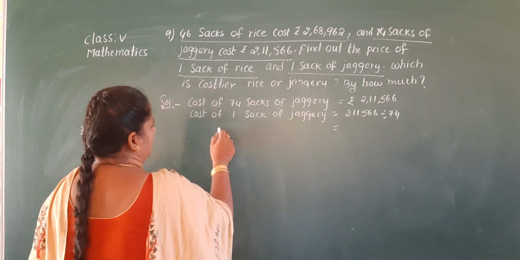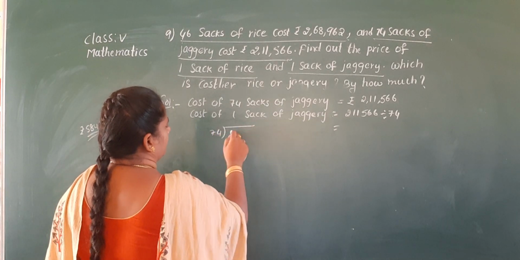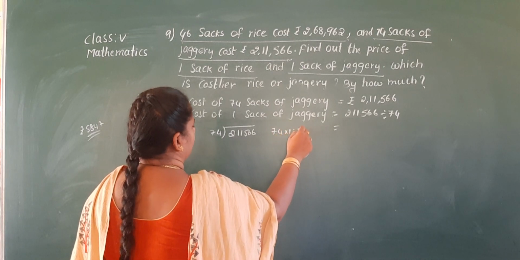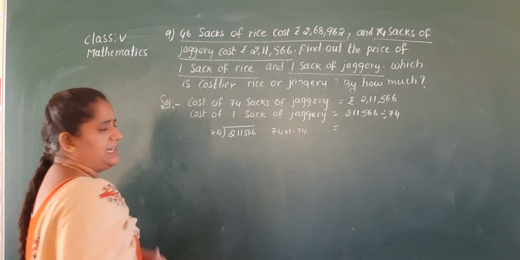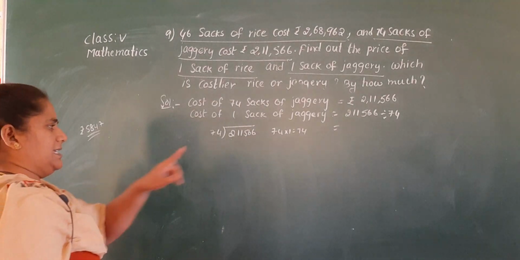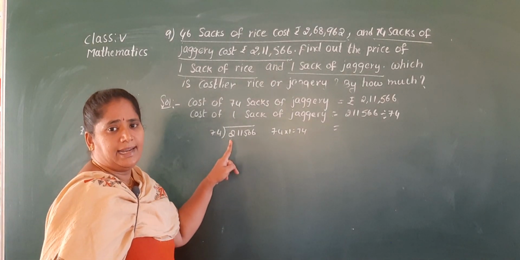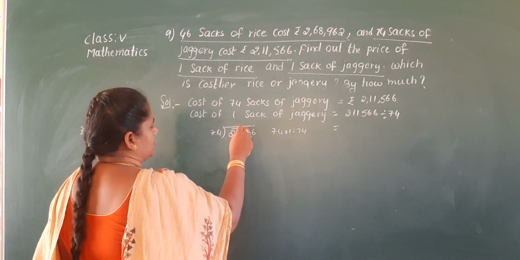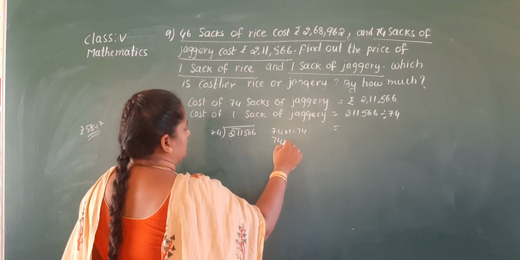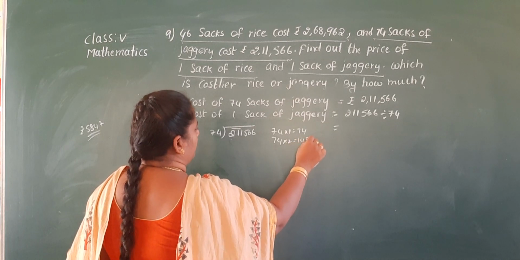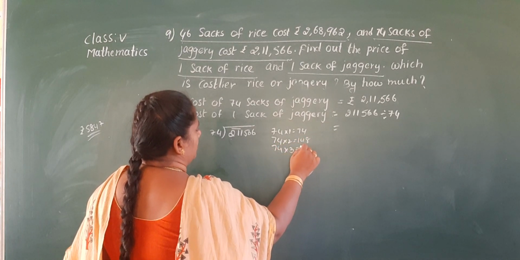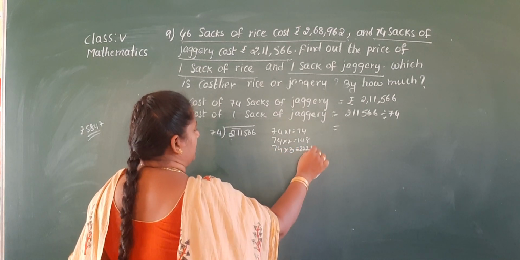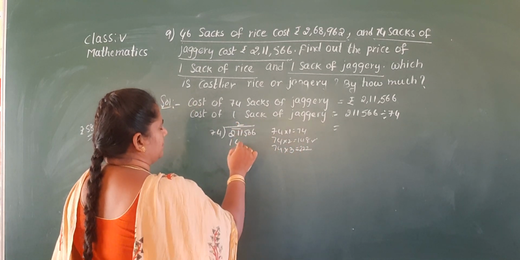Okay, so we'll write 74. Write the 74 table. Here also the divisor has 2 digits, so first you divide 2 digits, but here the 2 digits are 21. It is less than 74, so you take 3 digits, 211. Nearest number: 74 2s are 148, 74 3s are 3 4s are 12, 3 7s are 21 plus 1, 222. It's a big number, so you take only 2 times.